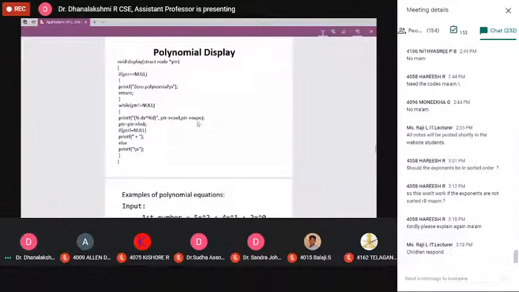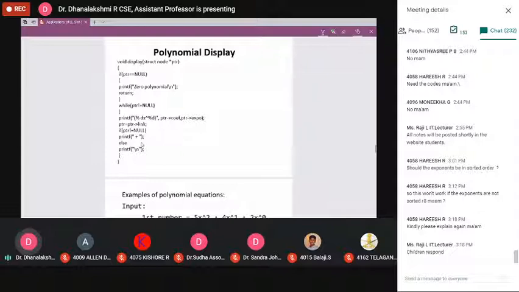Ready now? Now increment this ptr by 1, so that ptr is equal to ptr of next. Once, if ptr is not equal to null, these all represent the polynomial. We need term 1, then plus term 2, plus term 3, plus.